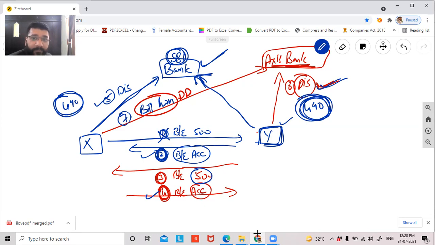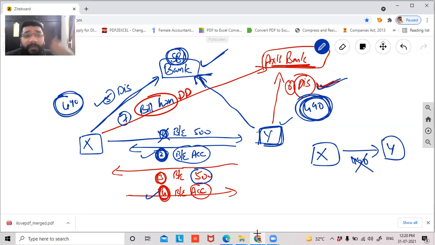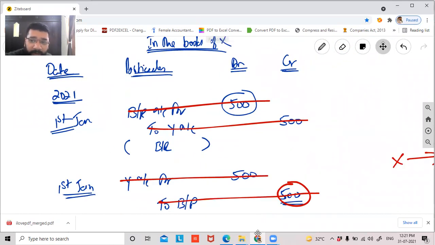Yes, sir. X will give money to Y only if Y is not drawing a bill on X. Okay. Guys, others all able to follow? Pratiksha is asking, sir, X has to give 490 to Y. No, not required. Because instead of giving 490 rupees as cash to Y, X has given a bill worth 490 to Y. So either you can give an asset in the form of cash or bank, or an asset in the form of bills receivable. So in this case, he's giving a bill. X is giving, instead of money, a bill. Are you clear now with this, Pratiksha?